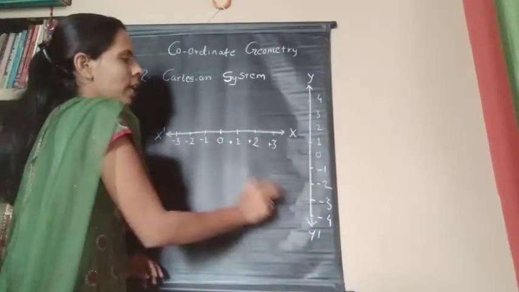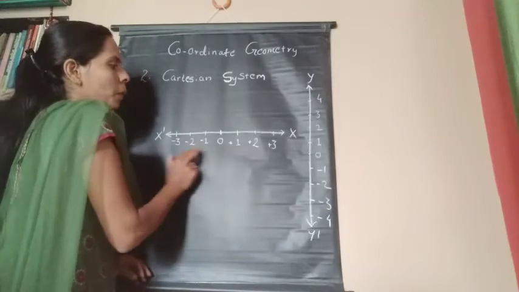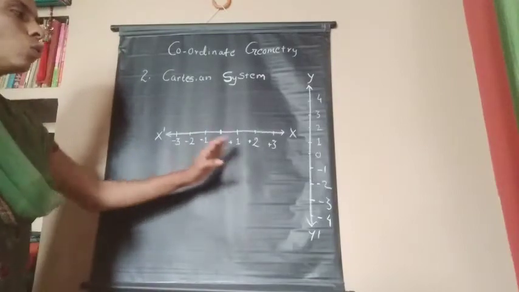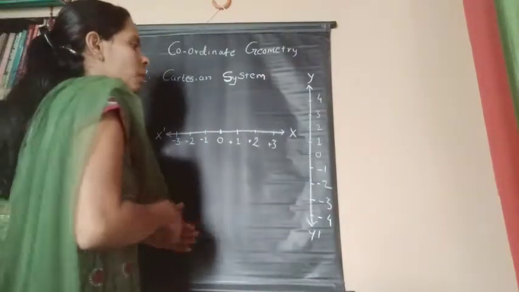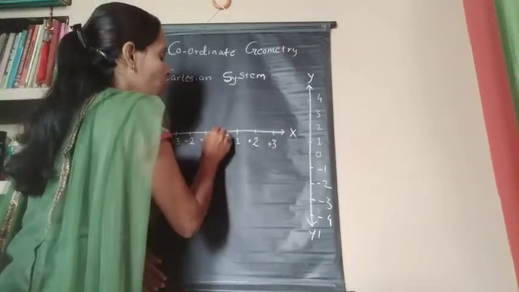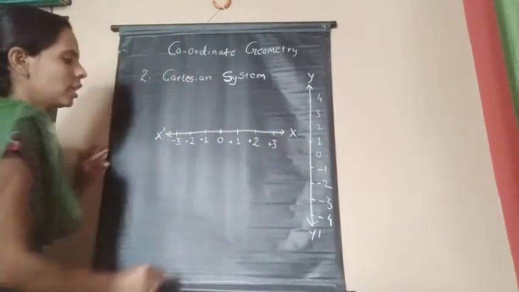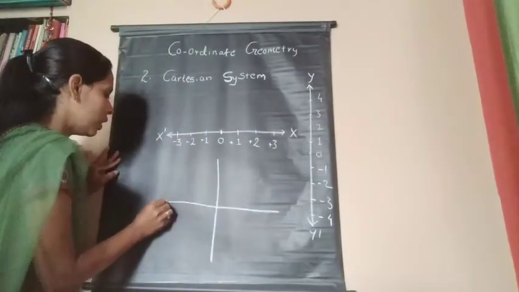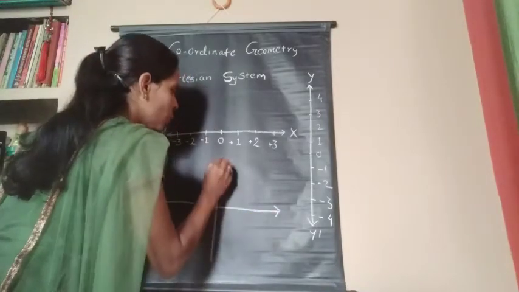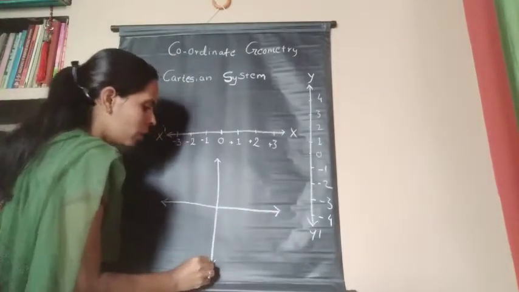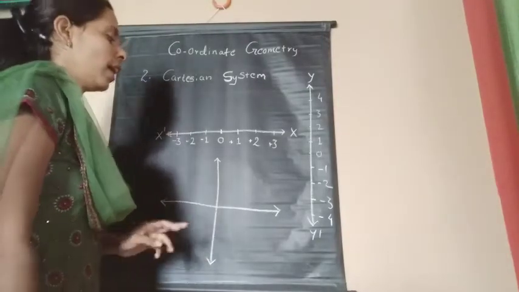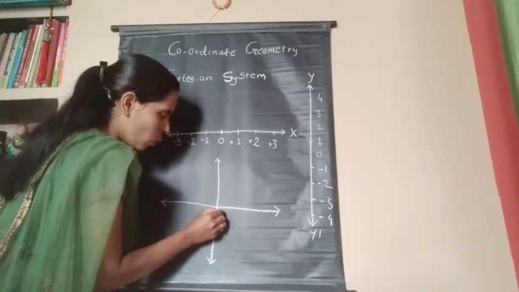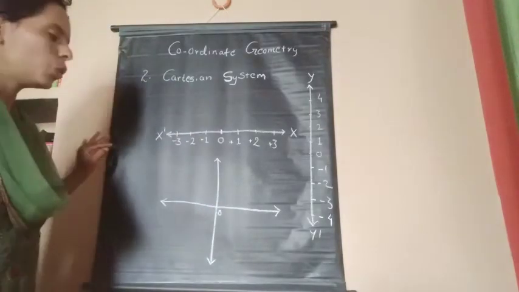Both lines are like the lines on which we place numbers in the number system, but here we have taken one in a horizontal way and the other as a vertical line. Now we place these two lines perpendicular to each other in such a way that they intersect each other at 0, and that origin is named O. So you draw a horizontal and a vertical line intersecting at the center, name it O, and it starts with origin as 0.